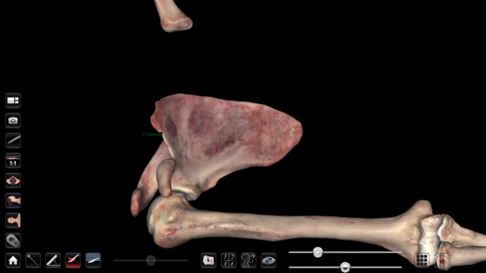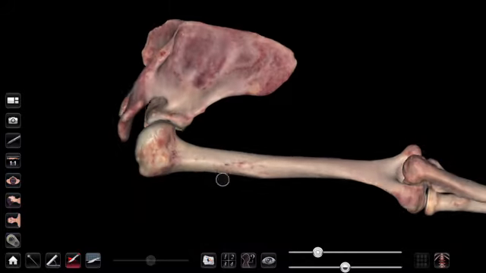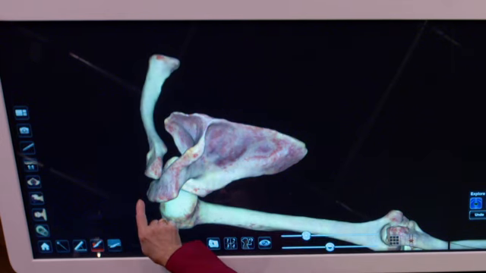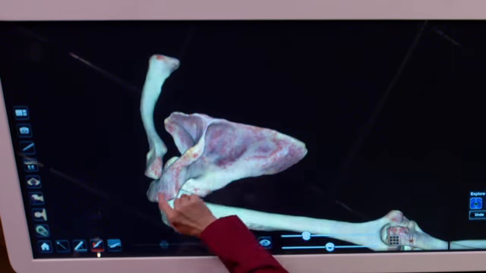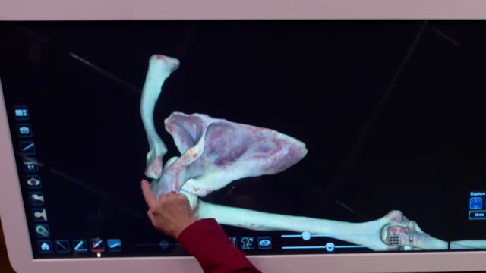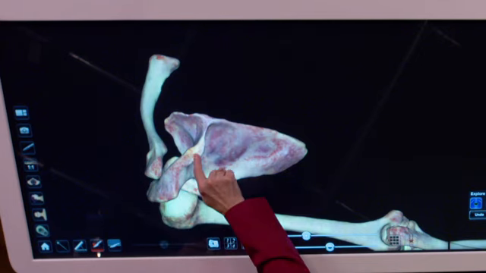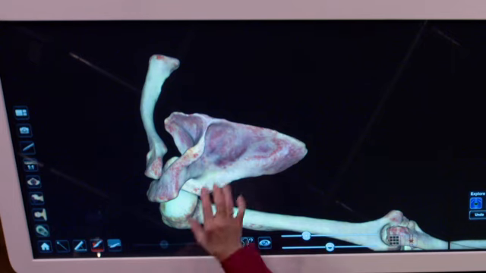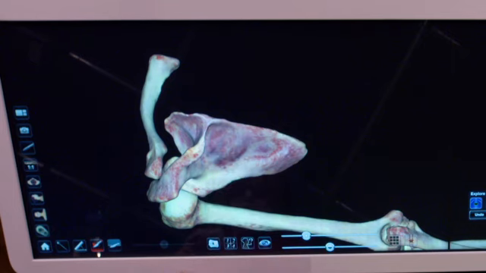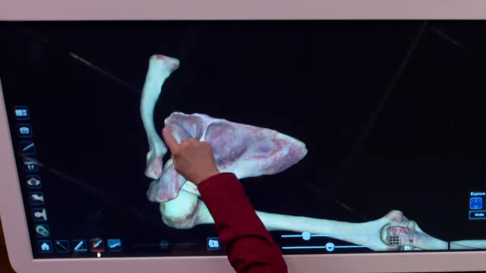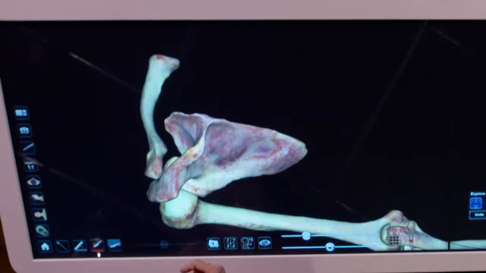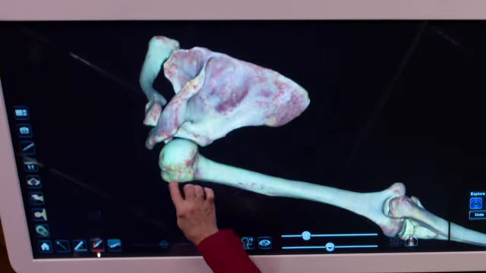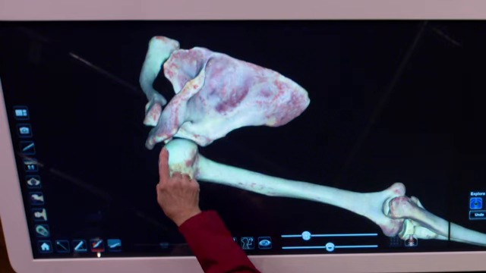And if we flip over to look posteriorly, we can see how the acromion becomes one with the spine of the scapula. At that acromioclavicular joint, the acromion progresses posteriorly, and here we have the spine of the scapula. This is the infraspinous fossa below the spine of the scapula and the supraspinous fossa above the spine of the scapula. And if we rotate a bit, we can see how the humerus sits in the glenoid fossa of the